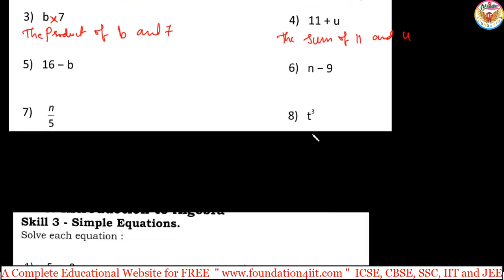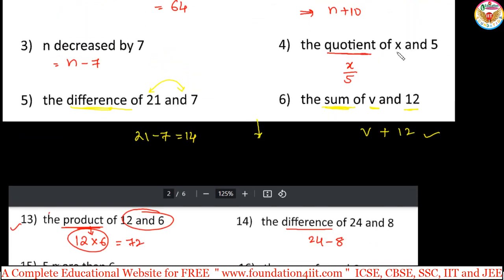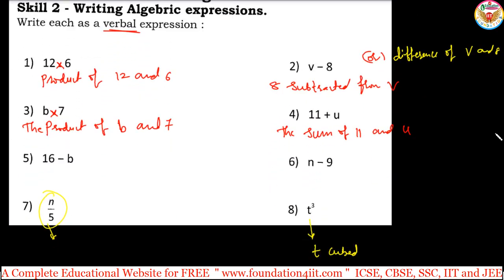And same way, this is t to the power 3 now, so t cubed. Squared means power 2. Like this, use the word quotient: the quotient of n and 5. The quotient of x and 5 is x divided by 5. So you can use the same, the quotient of n and 5. This is the questions I am giving, some 3-4 pages, like verbal expressions converting to algebraic expressions and